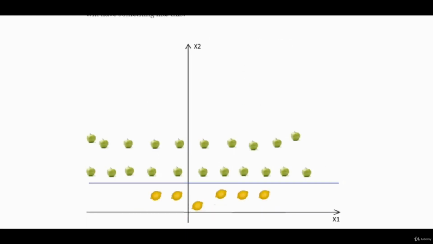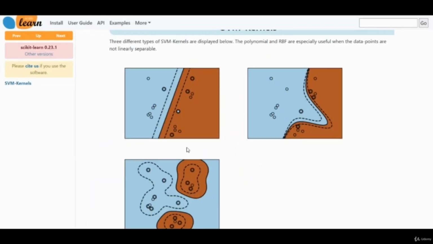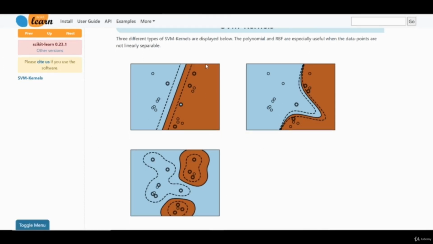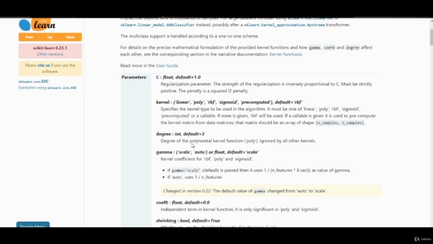Now there are different types of kernel available such as linear, poly, RBF. As you can see, this is the linear kernel that we use, this is the RBF kernel, and this is the polynomial kernel. There are different types of kernel available in our SVC class. You can see here linear, poly, RBF, sigmoid, pre-computed, and they all have their different approaches to split these data points to make the classification model accurate. And they all have their pros and cons.